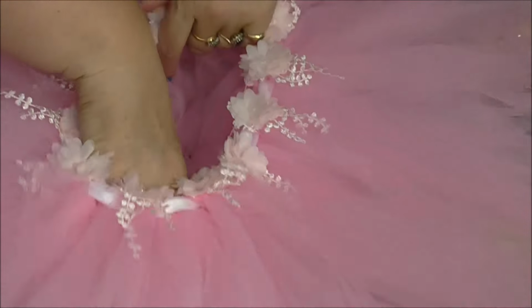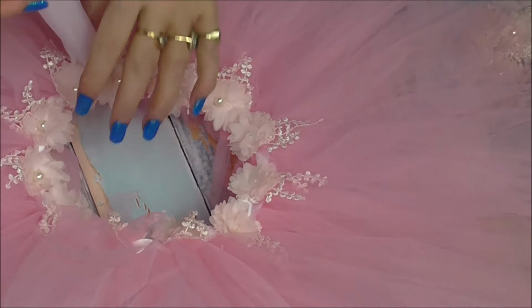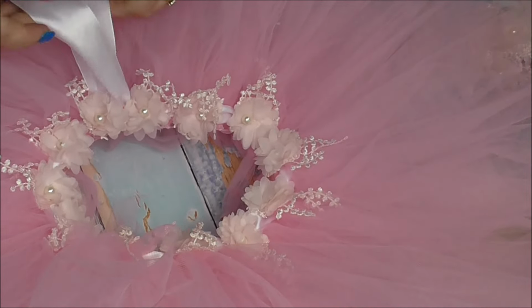Middle of the dress, the tutu. Now, sometimes when you've been fiddling around with ribbon and it gets a bit creased, don't worry, just use a hair straightener on the low setting and rub it down each side of the ribbon, and that will